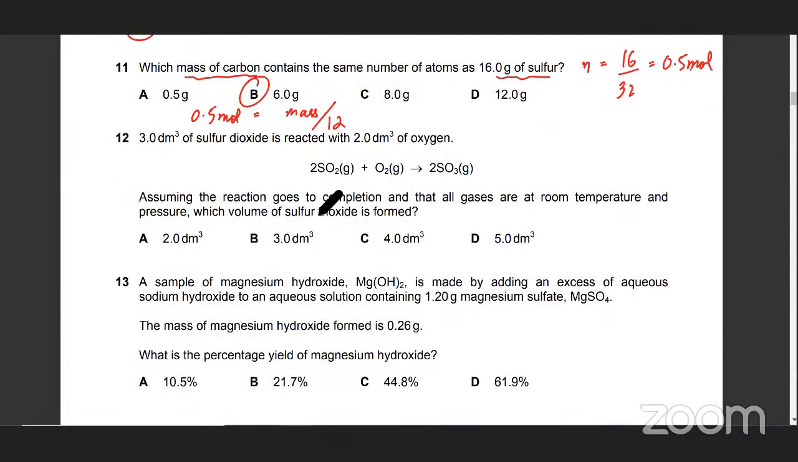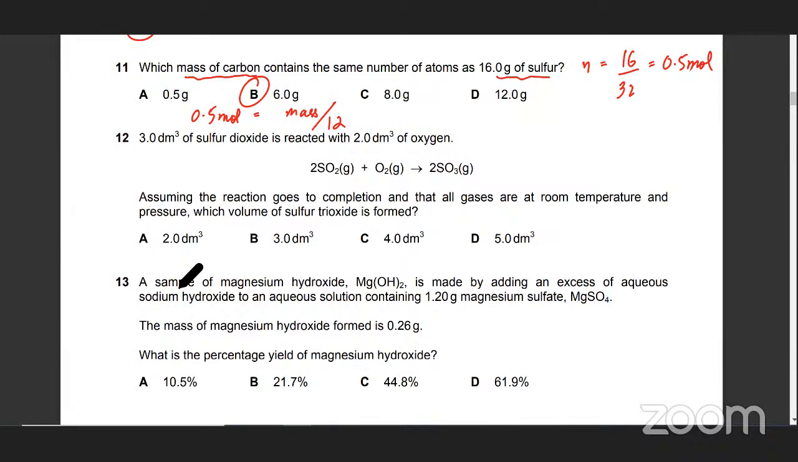ठीक है. फिर next one, 12. 3 dm cube of sulfur dioxide is reacted with 2 dm cube of oxygen. Assuming the reaction, now this is a very important question. Okay, you don't usually get a moles question like this. So assuming the reaction goes to completion, that all gases are at room temperature and pressure, what volume of sulfur trioxide is found? So now remember first thing,